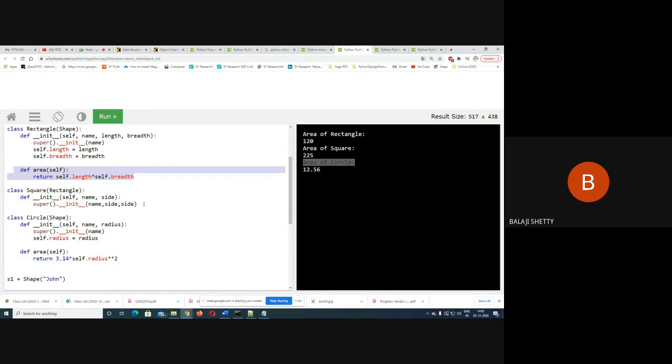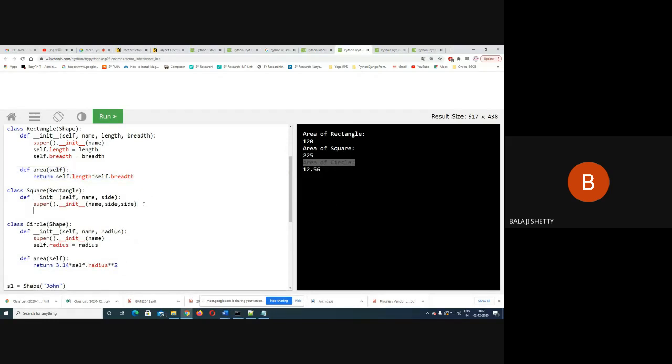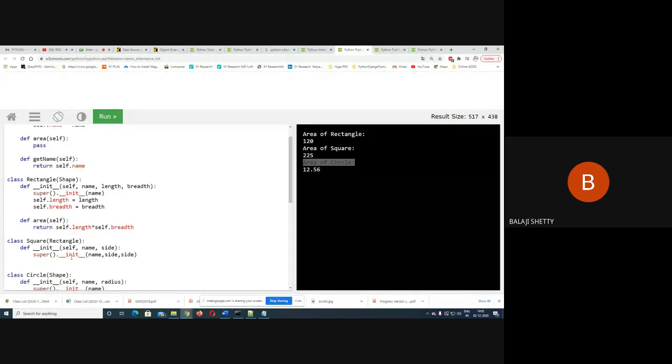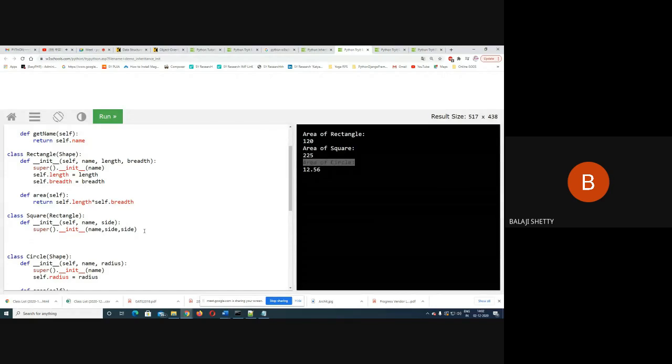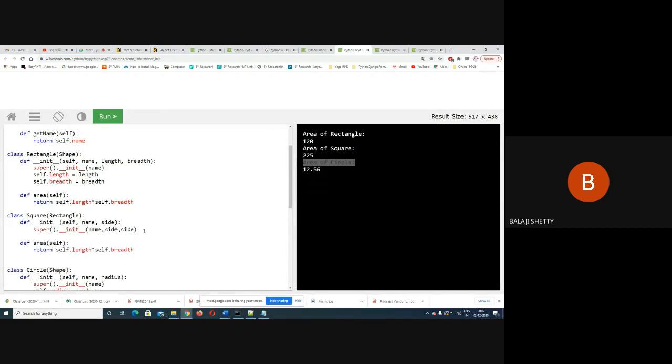Control C. Okay, I call it area square. Okay, area square, and here instead of writing the length and breadth, I write here self.side into self.side.